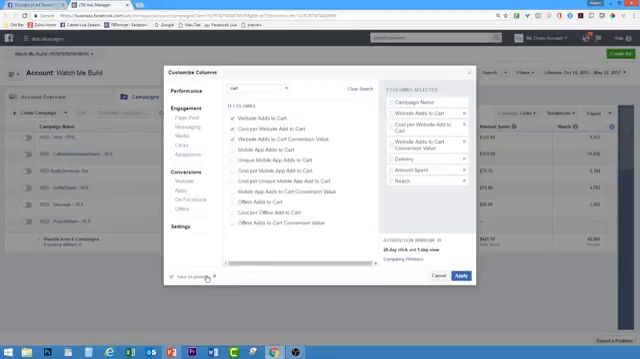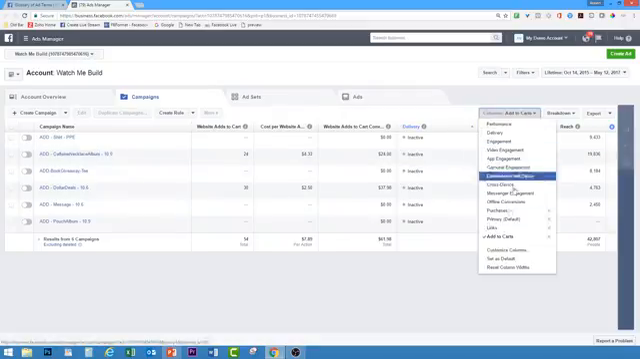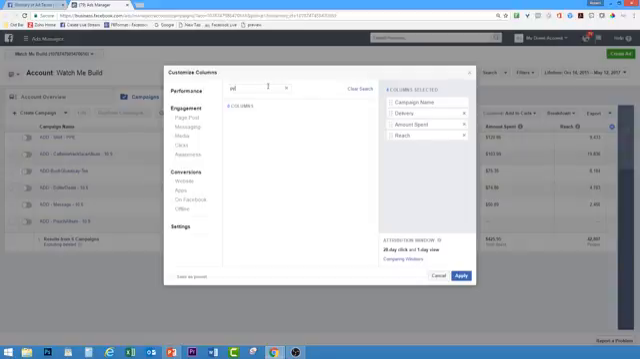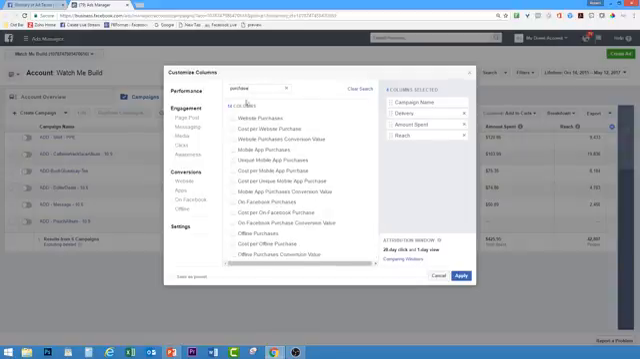Add the cards. Apply. Right. Yep. And then the next one would be purchase. Okay. And then